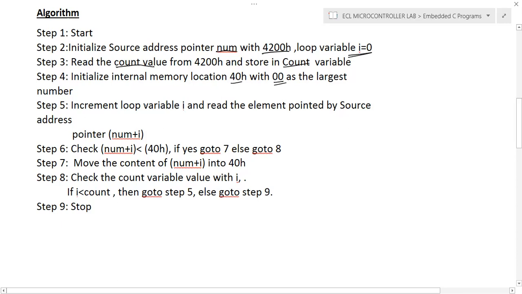Next step, we will increment the loop variable i. Now the loop variable i is equal to 1, because initially it was 0, and the source address is pointed to by num. Num is already loaded with 4200, so now it is 4200 plus 1.